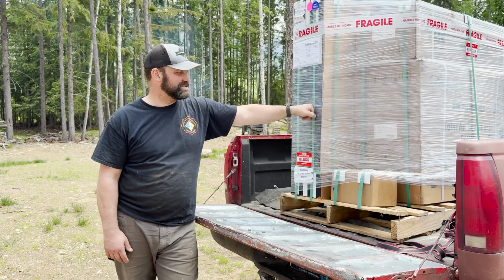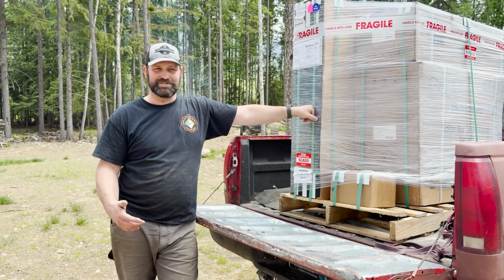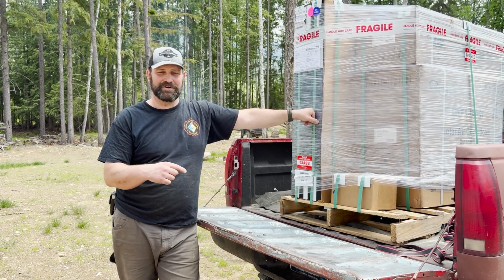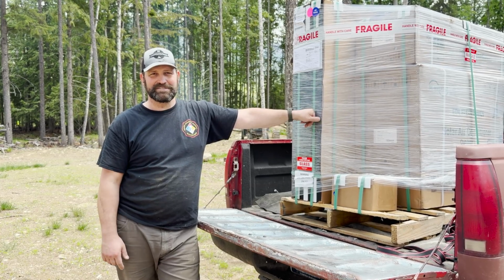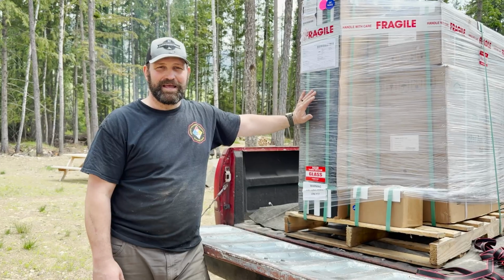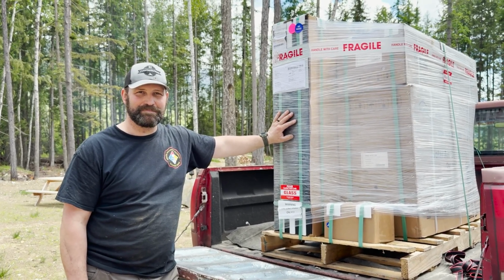power an air conditioner. Where this is really gonna shine, we hope, is in the winter, where we wanna take the chill off the house, or maybe we wanna go on a trip and don't want our pipes to freeze. This will be able to keep the house at a reasonable temperature without freezing. Everything arrived on one pallet, nothing looks damaged, so we're gonna go ahead and start unboxing this and show you